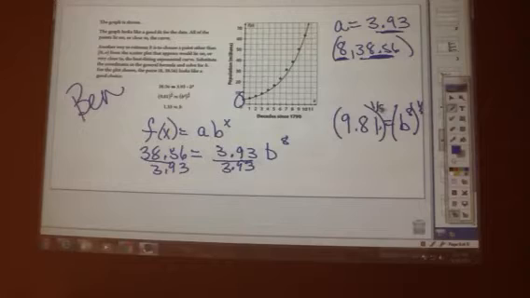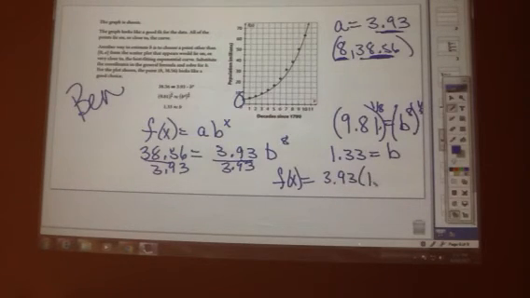So by 1/8, this side by 1/8. So what is 9.81 to the 1/8 power? 1.33. 1.33 equals B. Now, Ben's way, this was his equation. F of x equals A times B to the x power. How does that compare to Celia's way? What was